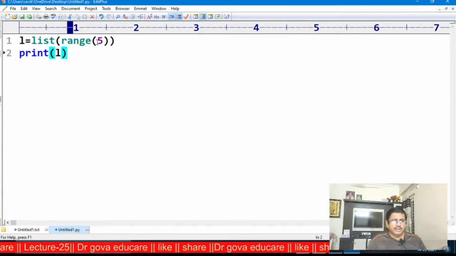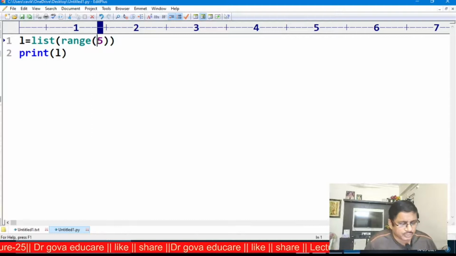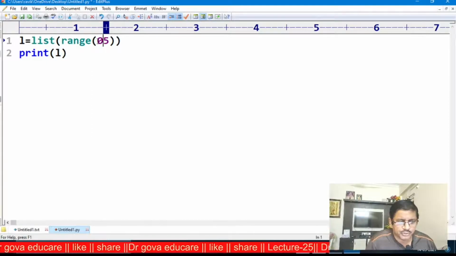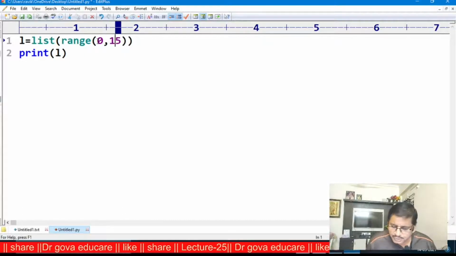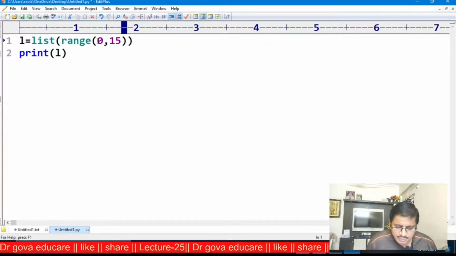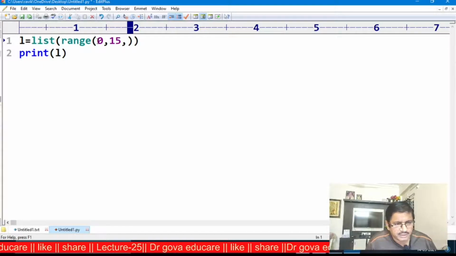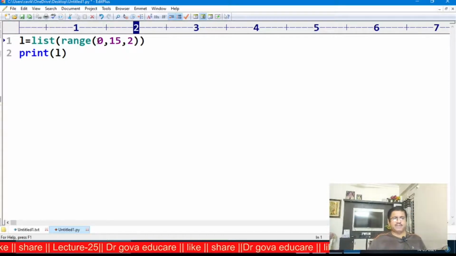Suppose the start value is 0, comma, the end value is 15, comma, the step size is 2. Now 0, 2, 4, 6, all even numbers will be generated.